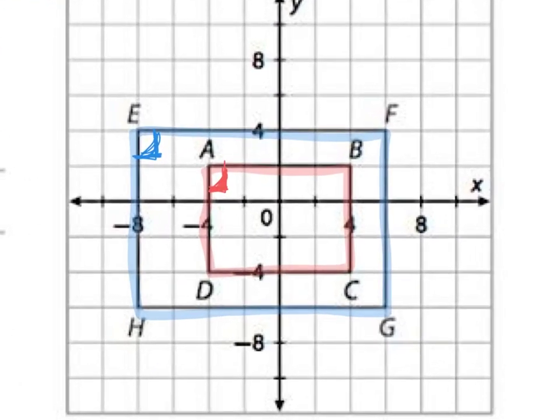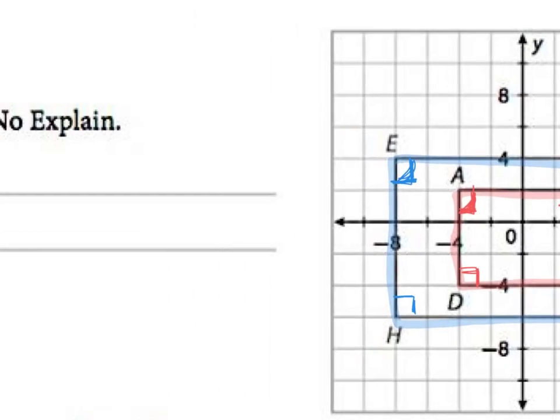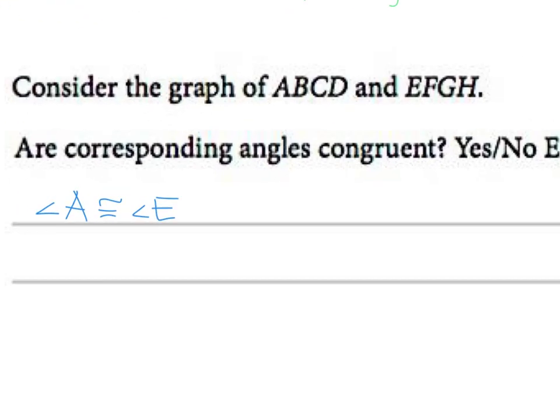And because of the way this is shaped, you can see that all of those angles are 90 degrees. And again, that's just because of the definition of our grid line of our graph. And so in fact, all of those corresponding angles are congruent. So A matches with E, B matches with F, C matches with D,